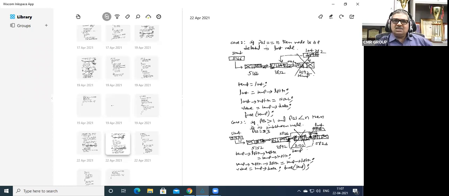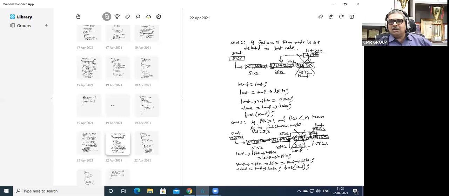Okay. Now case 3 is when position is greater than 1 and position is less than n, that is an in-between node. For example, if I'm deleting the third node, I'll get temp to the third. If I'm deleting the fifth node, I'll get temp to the fifth. If I'm deleting the 10th node, I'll get temp to the 10th node. How to get temp to that particular node? Start temp not from the first node, but from the second node. So I'm going to take i is equal to 2 and start moving.